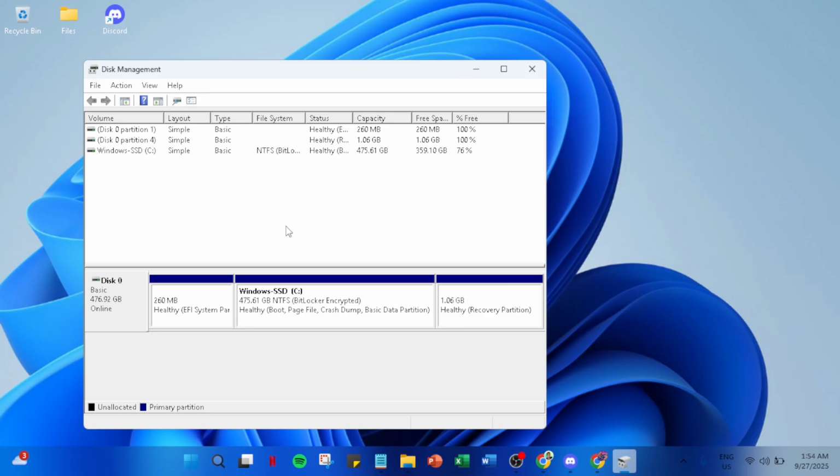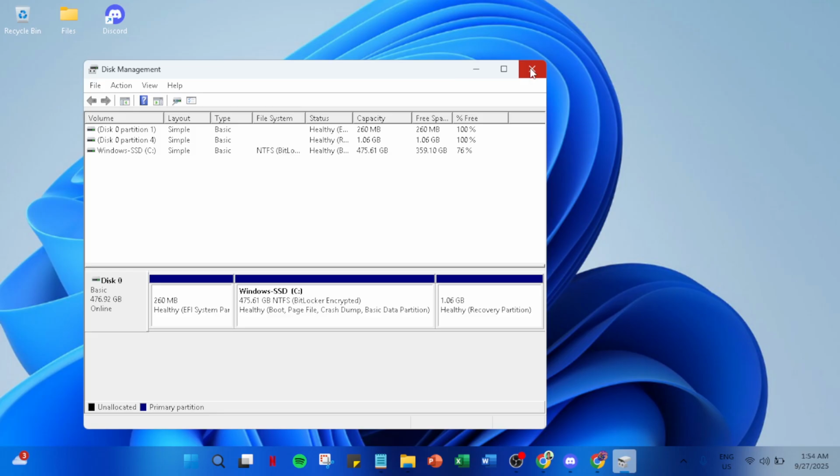That's it. With those simple steps, you've successfully extended your C drive. This approach is swift and doesn't require any third-party software, making it not only efficient but also secure. Remember, keeping some unallocated space available isn't a bad idea either, especially if you plan to partition your drives differently in the future, or just want some room to maneuver with new installations.